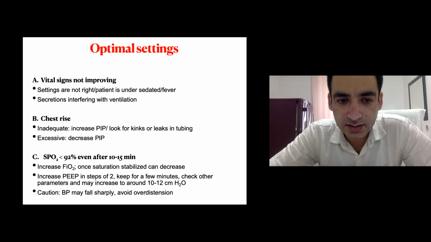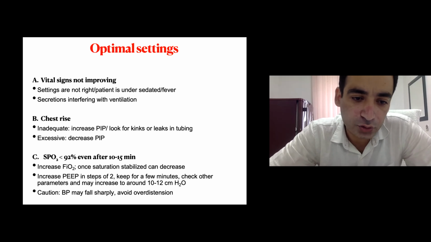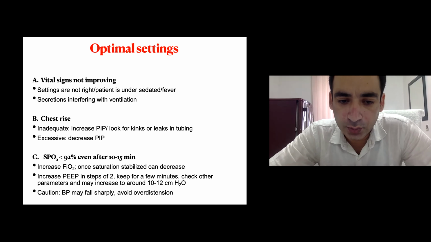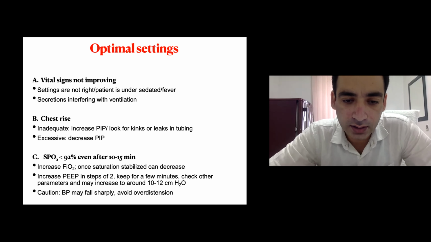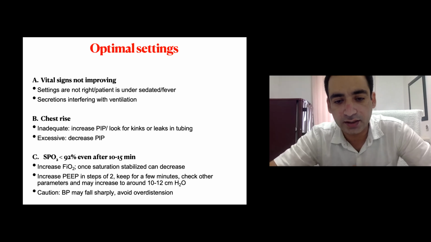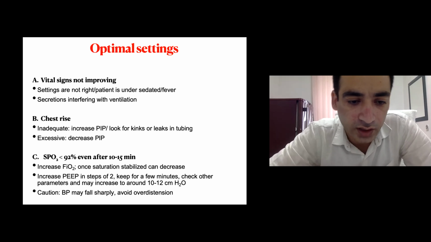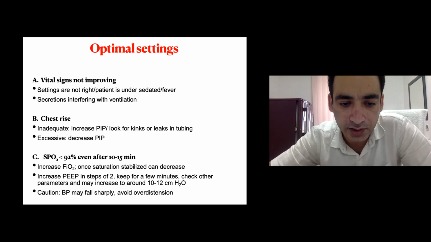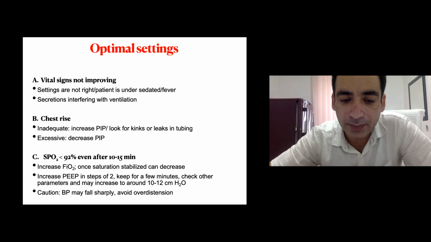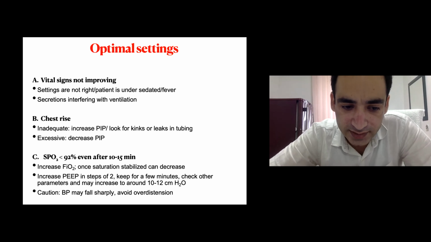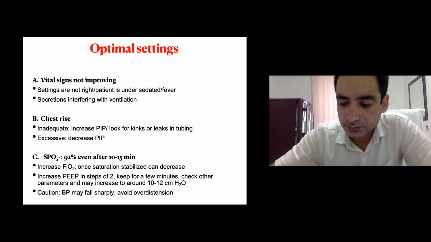Again, as discussed, look for adequate chest rise. Don't give excess PEEP. Saturation: if the child continues to be hypoxemic, increase FiO2. And once the saturation goes beyond 95 in neonates and beyond 98 in older children, we should come down on FiO2 by 5 every 5 to 10 minutes. PEEP and PIP are usually increased in steps of 1 to 2 to achieve adequate settings, as already discussed.